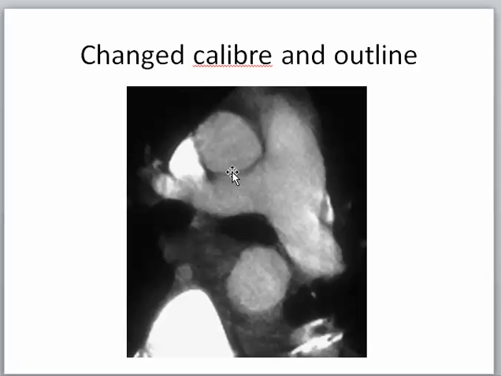So it is either a 20% reduction of the caliber here or more, but not less than that. Now here in this case we have similar caliber. Similar caliber means that there is dilatation, and dilatation means aneurysm. So there is a start of aneurysm of the descending aortic arch,